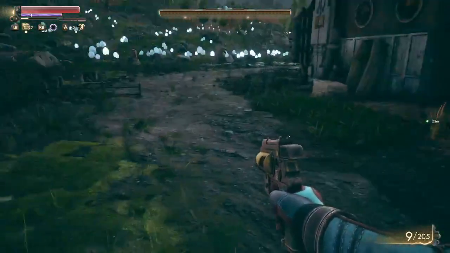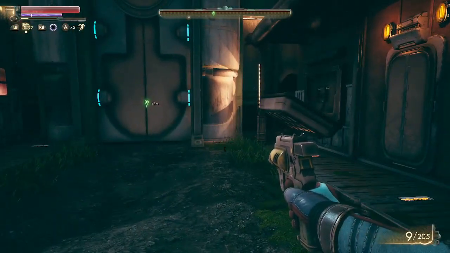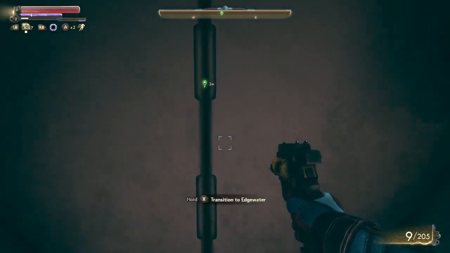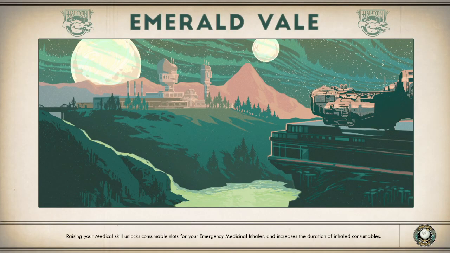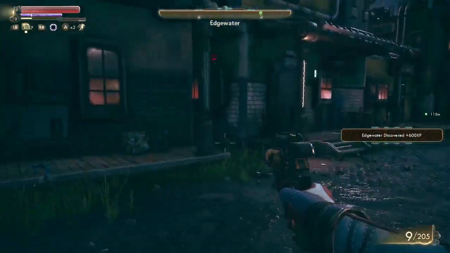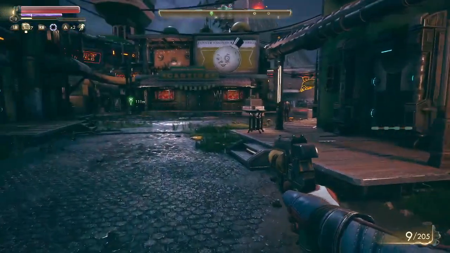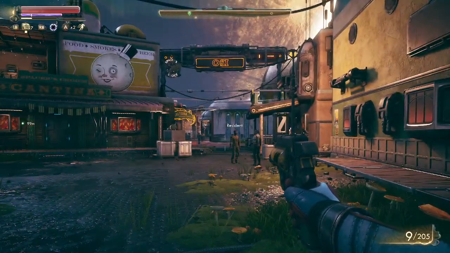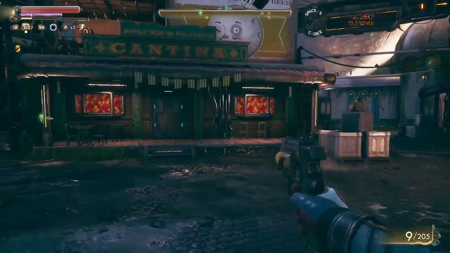I don't see like a stamina bar or anything. Alright, let's transition to Edgewater, I guess. I appreciate this very much, it's just like an updated Fallout. Which I realize there have been new Fallouts, but I haven't played them in a minute. So